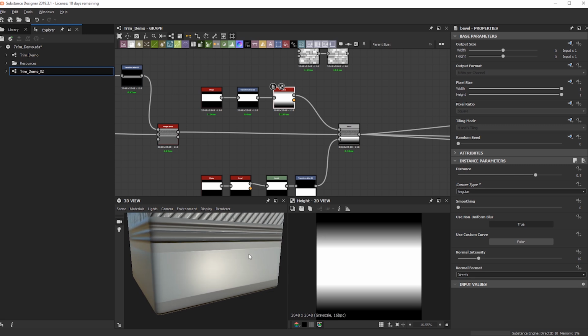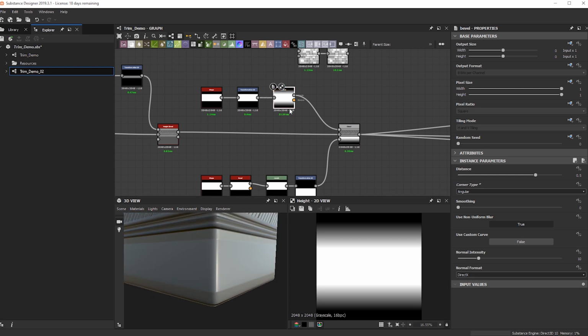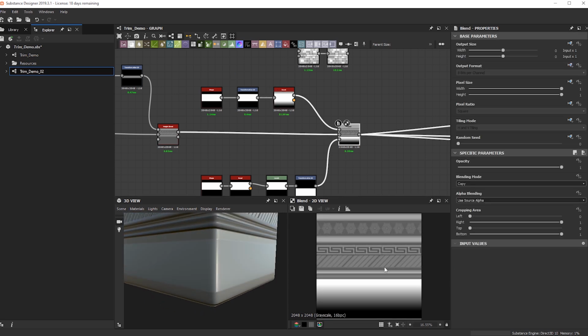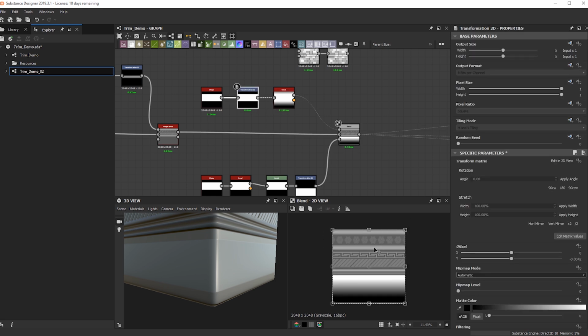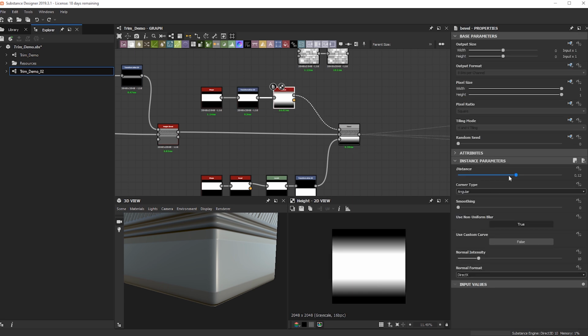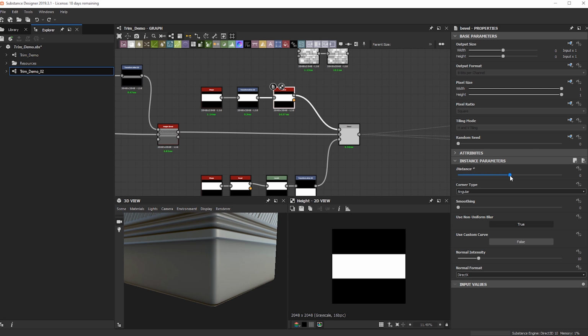Nice. Okay. Going to see how this is looking right now. Let's take this transform and move it down a little bit. Trying to see where exactly it's. Here we go. I'm going to take down the distance of this. There we go.